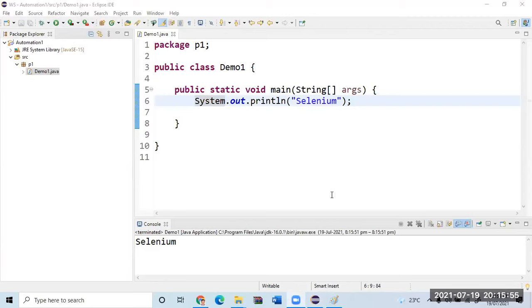I request all of you to do this and post the screenshot. In the WhatsApp is always better. Do this till now. Did I install Selenium? No, I have not installed Selenium. I'm ensuring that my environment is proper. So I request all of you to create a new Java project, write one line of code SOP Selenium, write your name also, run it, and if it's working fine, post the screenshot. Today we'll just write one line of code in Selenium. That's all my objective today. Let's see who does it fast.